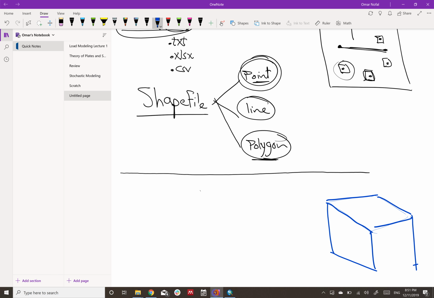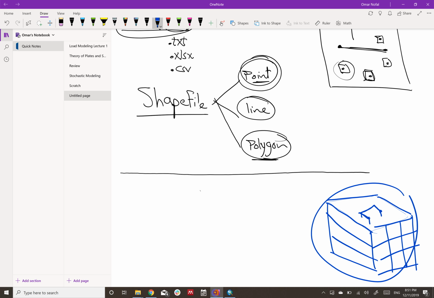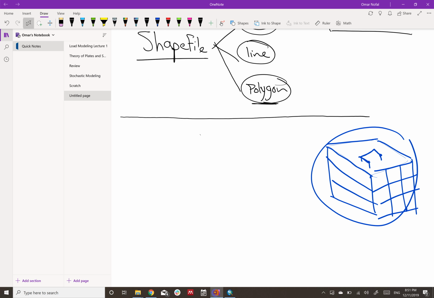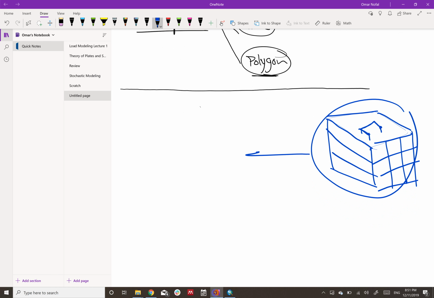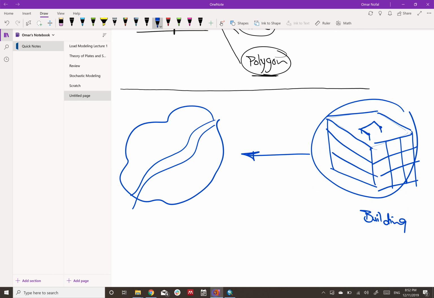All what we do, I have some columns, some beams. Let's design these columns, these beams. And if I'm a good structural engineer, let's design some shear walls. We have them over there, and let's design this building. But what ArcGIS can do is move you from building to community. You have a river in this community, you have a lot of buildings, you have many structure types,